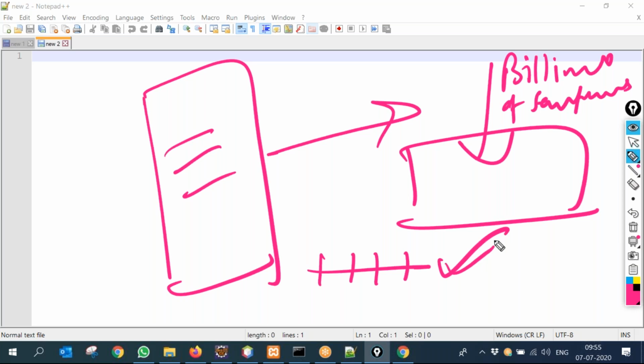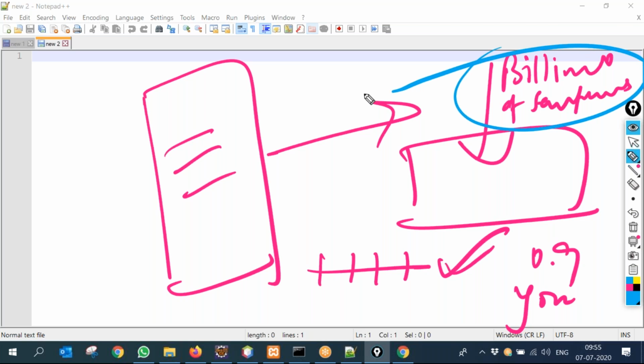So it has 0.9 probability that you will type U, and it suggests you, and 90% of the time it is right. The secret is knowing the pattern of billions of sentences, which record only they have and you don't have. And that is why you cannot drive them out of competition. The secret is not, I can also develop a machine learning model.